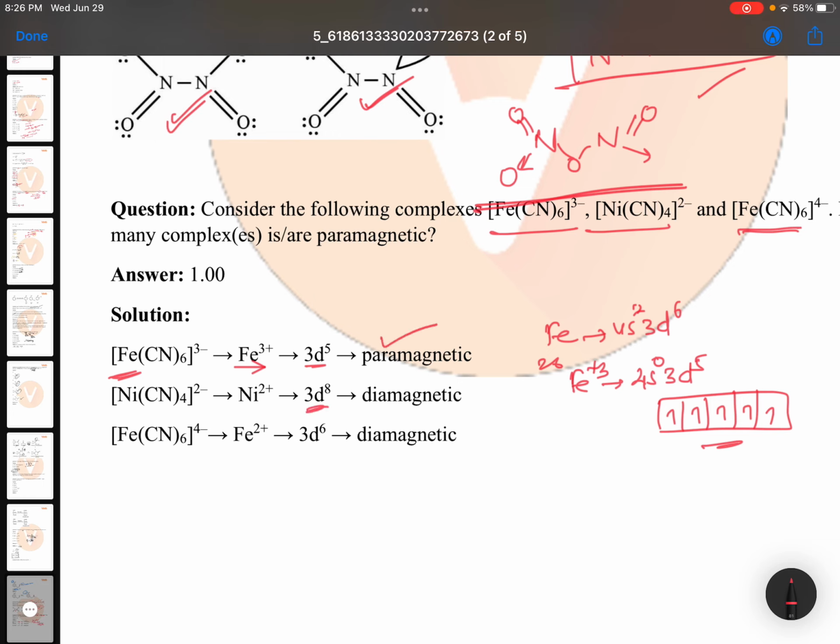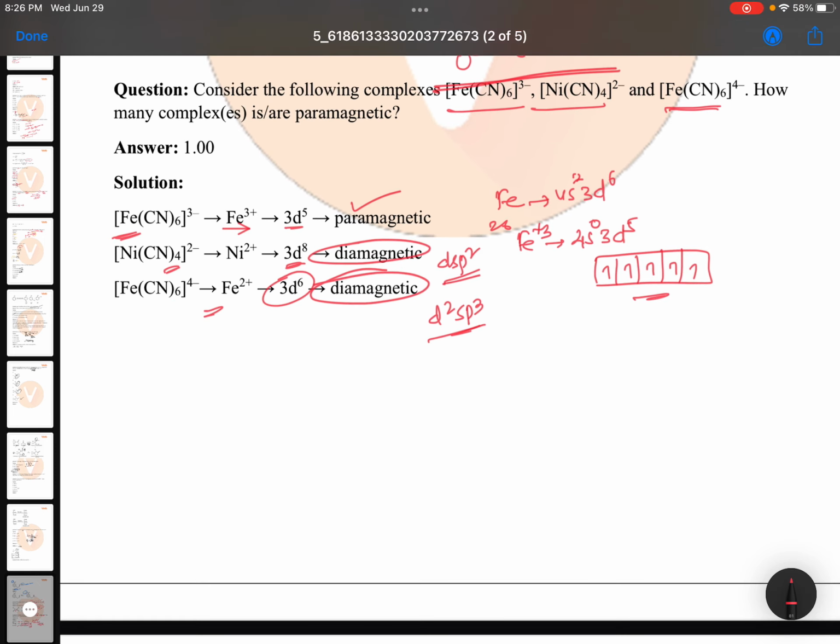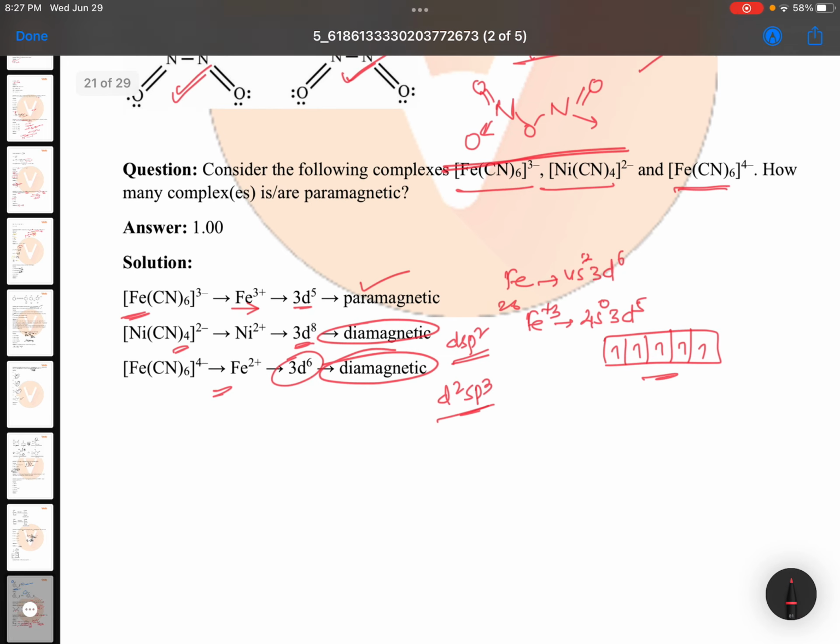In case of nickel, Ni(CN)4 means it can go for dsp2 hybridization. So here dsp2 hybridization will be there. All electrons are paired, so this is diamagnetic. Here also the same thing. When d6 configuration is there, definitely it will undergo d2sp3 hybridization, and this is also diamagnetic. So only one is paramagnetic. Maybe a few more options may be there in that. So this is all for